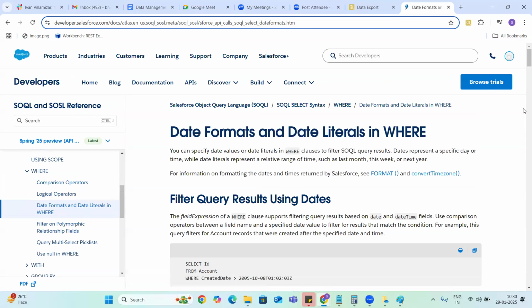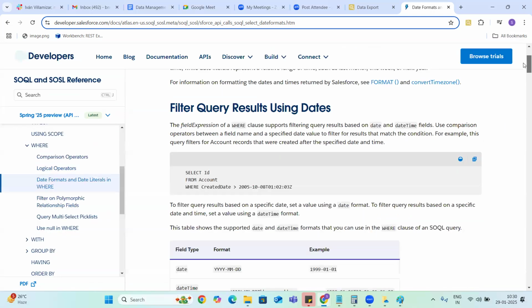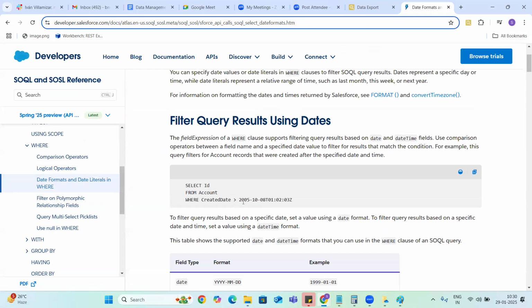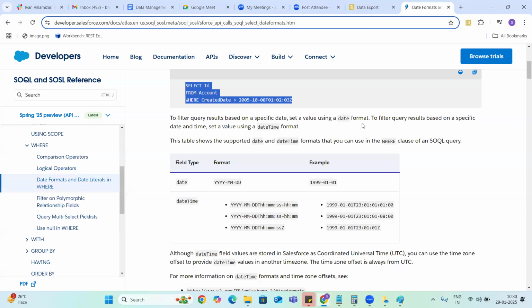Then date formats. This is also an important thing, guys. Whenever you want to query something which is greater than created date, you have to give the format like this. No other formats work in Salesforce. Date and date time. In case of date, you have to give the four-digit year, hyphen, month, hyphen, day.